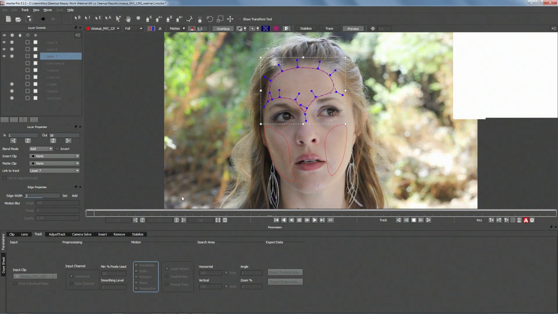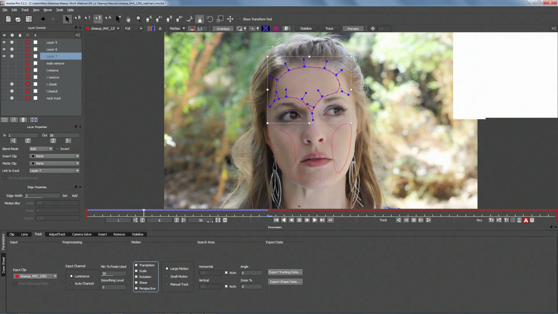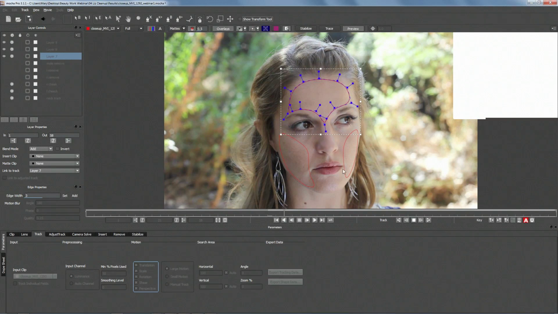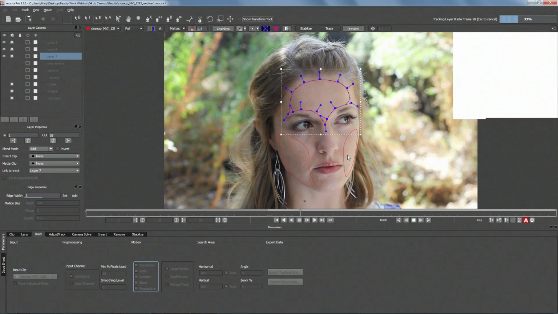Now, from here, what we can do, let me just finish tracking this on the other side as well. We're just going to finish tracking this shot. I also am going to show you how to track things like mouths and things like that as they move together. And this is sort of where